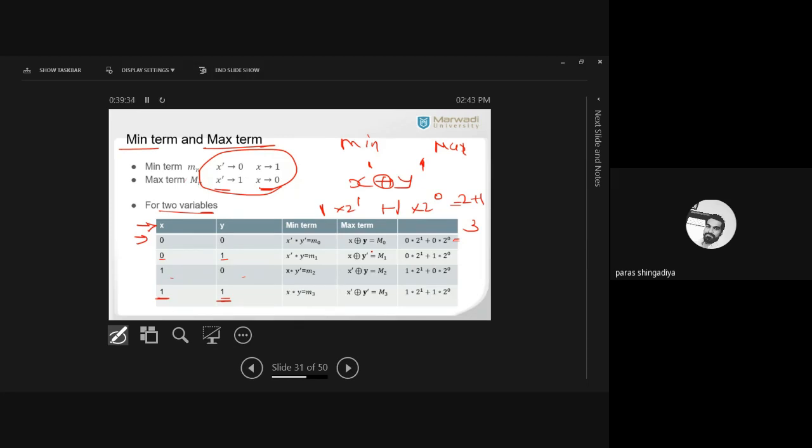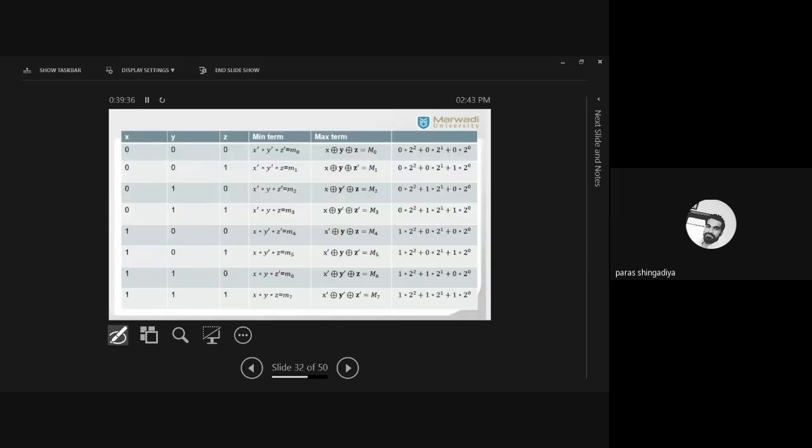Okay. So now next one is for 3 variable. Okay, the same procedure, but we'll add now 3 variables x, y and z. So as we know that there will be the 8 possibilities. ठीक है, x, y, z की 8 possibility होगी. And now for min term formula, for the 0 element, all are 0. So it will be x dash, y dash, z dash. ठीक है, तीनों 0 है, इसका आउटपुट भी 0 है.